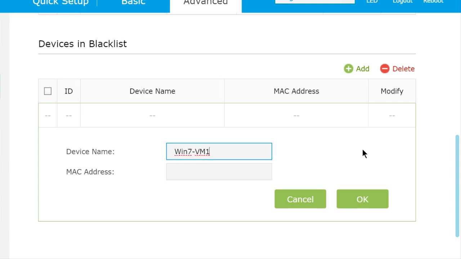I'll say Win7-VM1, but it's the MAC address that we really want to know here. Now, in some cases, you can separate the octets of the MAC address by dashes. In some cases, you have to use colons. Depends on the system. Let's see what this allows us to do. This is going to be 00-0C-29-0C-FB-C2. Now, this is actually a virtual machine, so this is a virtual MAC address, but you can block virtual